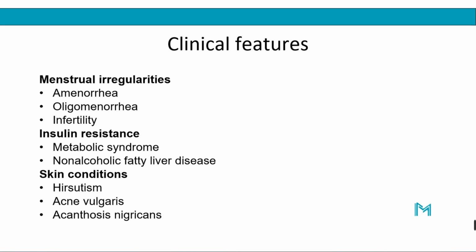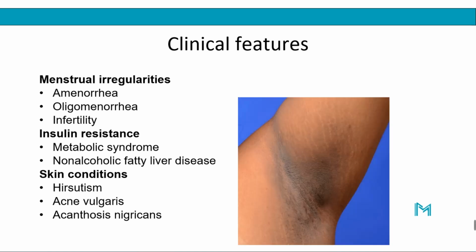Then you have acanthosis nigricans. This is a typical thing you can also see in PCOS and is suggestive of insulin resistance. An image of that is what is shown here. You have these hyperpigmented velvety lesions that are typically seen in flexural regions of the body, like the axilla, the groin, and also the neck region. The underlying pathophysiology here is hyperinsulinemia. We've stated that there's peripheral resistance to insulin, and the body perceives that as low insulin and just keeps producing more insulin. So you have hyperinsulinemia, and hyperinsulinemia can now cause